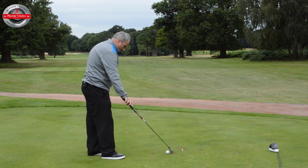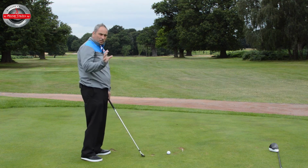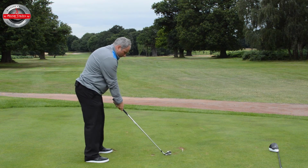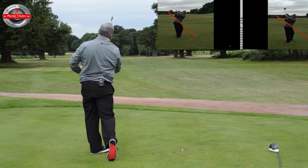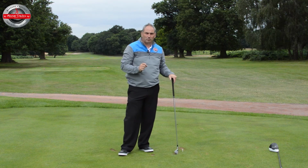So again, it's going to be off the ground. So it's teed up. It's not teed up. Obviously, that is a change, and that will again change the angle of attack a little bit too. So I'm going to hit this iron shot now off the ground. And again, I'm consciously doing nothing different with my mechanics of my golf swing, but I am standing to the